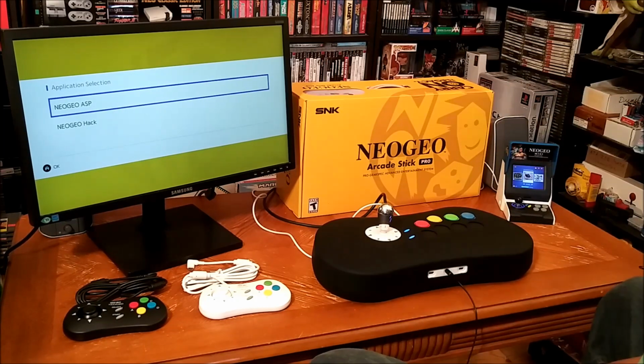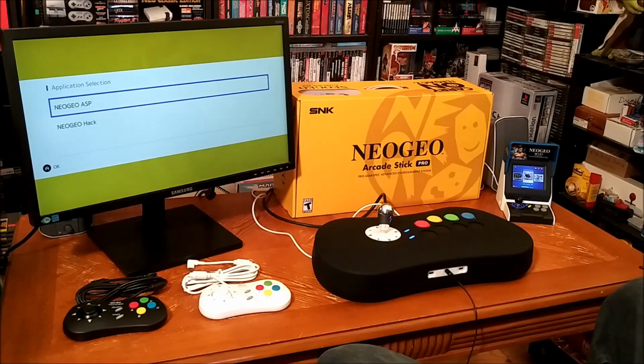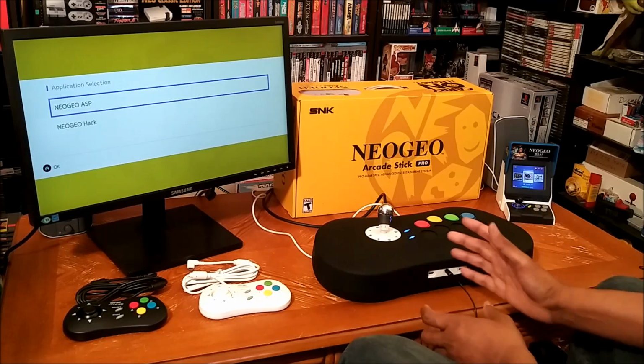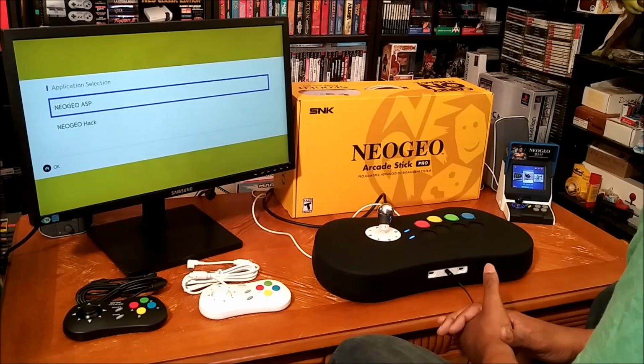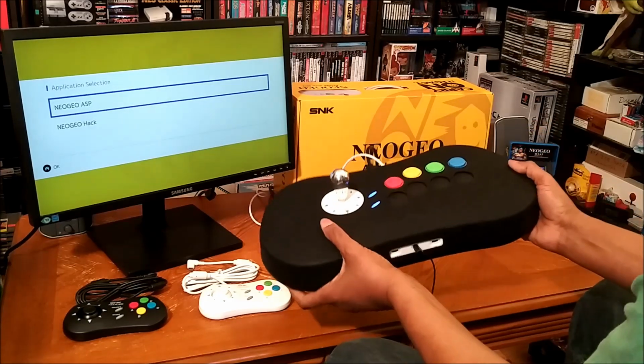I'm gonna talk about my Neo Geo Arcade Pro Stick I got here. I never really did a review or an unboxing or anything on it because I figured there were a lot of reviews out there. I really wanted to do something different with mine. As you can see, I actually modded my stick out. I put a bat top on it,